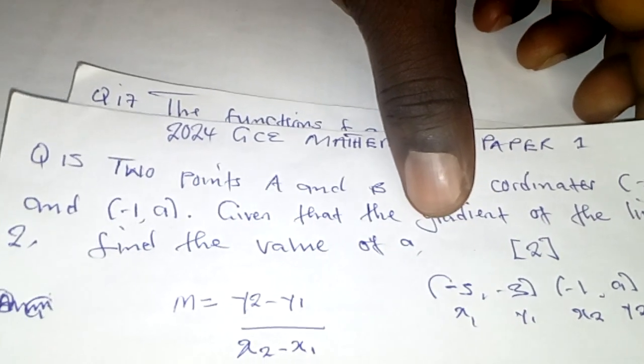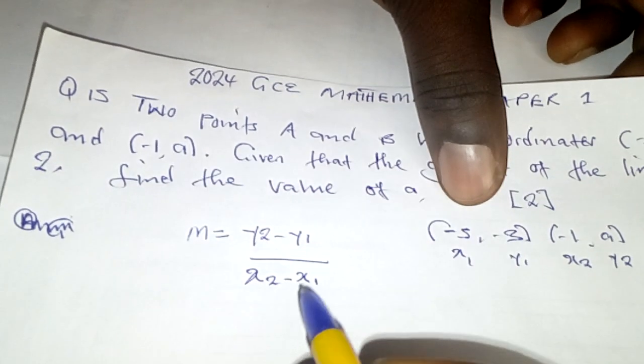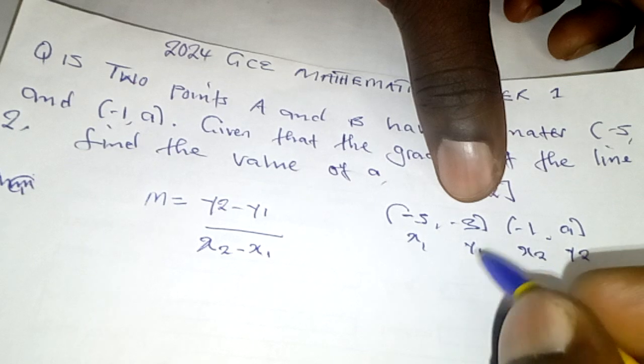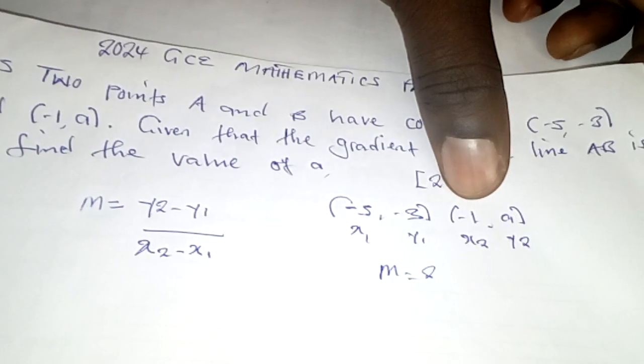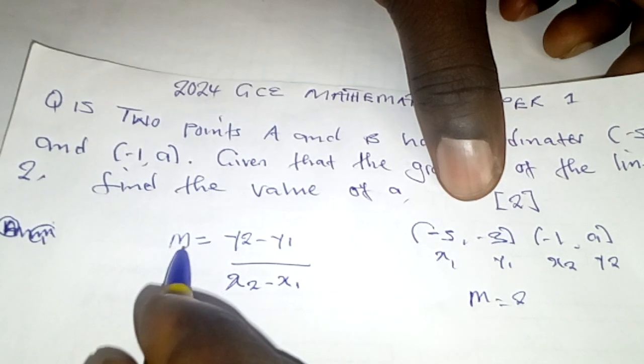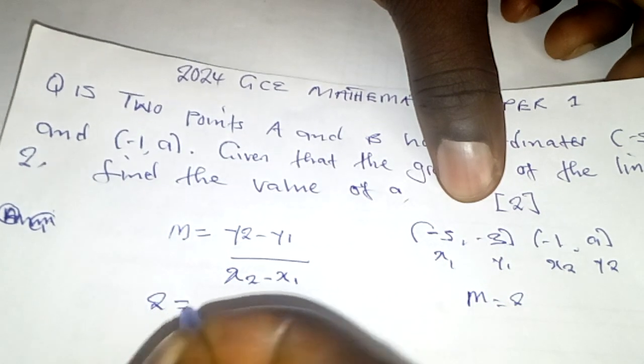Now, from our question, we are going to substitute the values here. The gradient we are told is equal to 2. So m, the gradient, is 2, equals